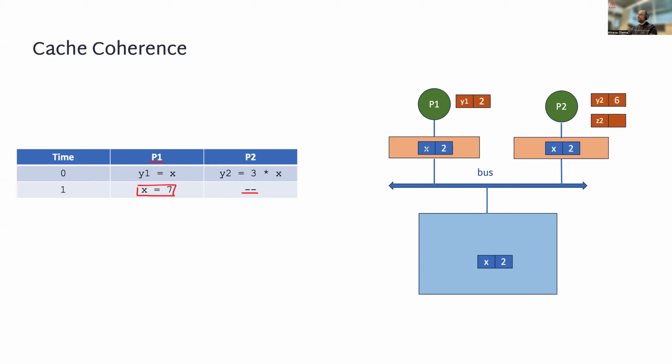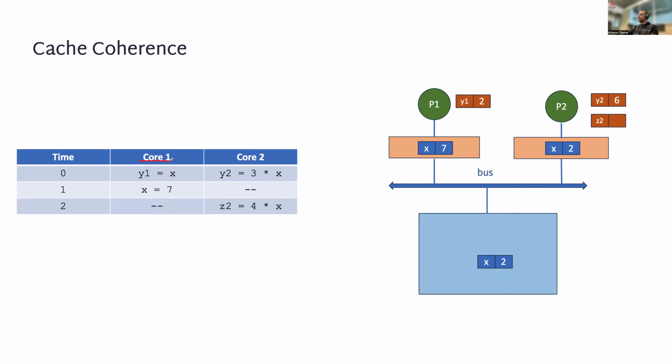So it is a cache hit, and then it can change the value of x from 2 to 7, right? But x is in the cache. So the value of x is changed in the cache, not in the main memory, and also not in the cache of the second processor. In the next step,